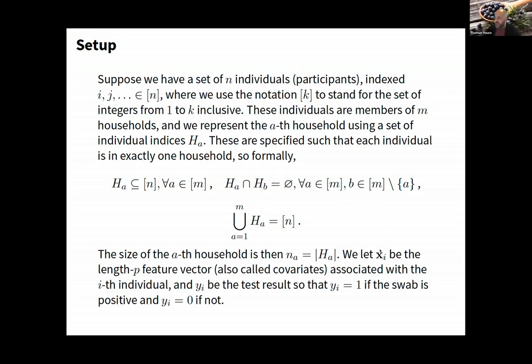Then each person has a feature vector if we're being machine learners, or a vector of covariates if we're being statisticians, X_i, associated with the ith individual, and we'll let Y_i be their test result in the tranche, which is 1 if they have a positive swab during that time period, and 0 if not. And we also include people where someone else in their household had one in the time period, but they became infectious later, right? So we associate houses with the tranche where we first observed a positive in that household overall.